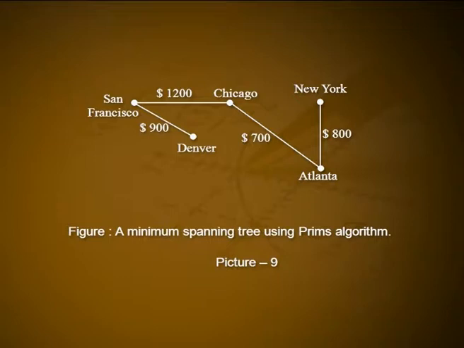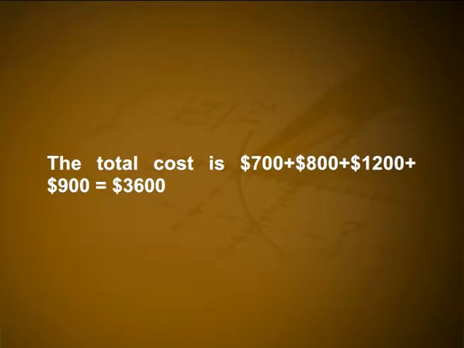Next we have the edge Chicago to San Francisco with cost of $1,200. Next choose the edge San Francisco to Denver with cost of $900. A minimum spanning tree is given in the figure. The figure shows a minimum spanning tree using Prim's algorithm, and the total cost is the sum of all these weights, which gives